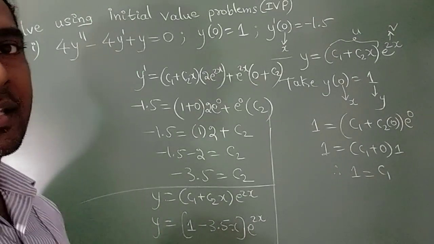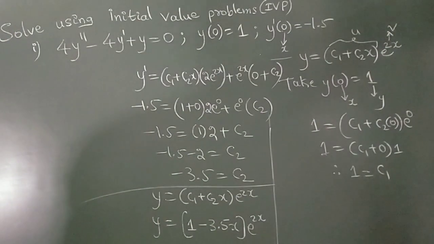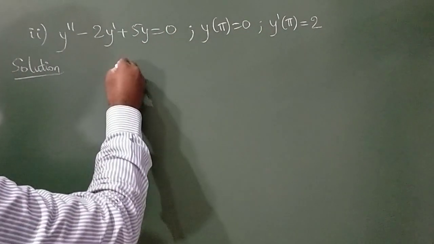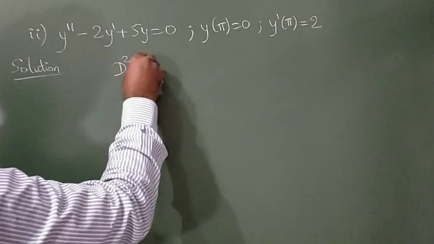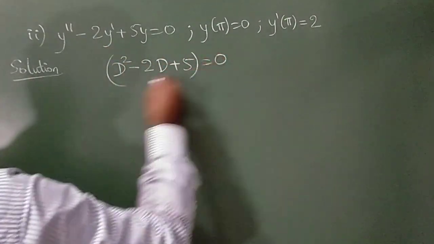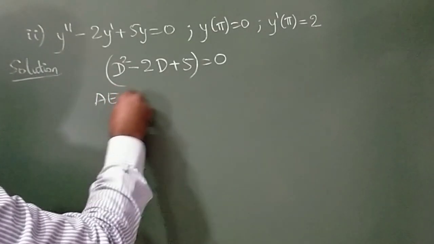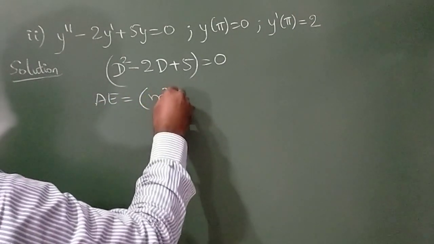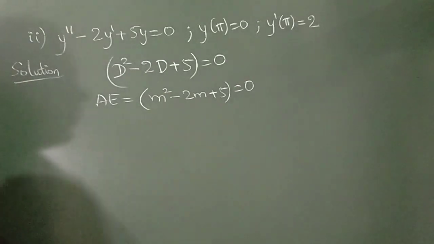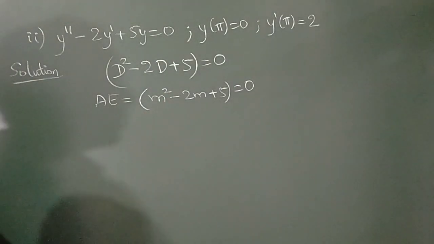Let's move on to the second question. Now second question, y double dash minus 2y dash plus 5y is equal to 0. So this can be written as D square minus 2D plus 5 is equal to 0. So in the auxiliary equation form, I can write this as m square minus 2m plus 5 is equal to 0. So to get the roots, we need to